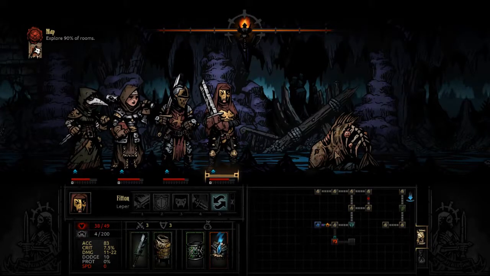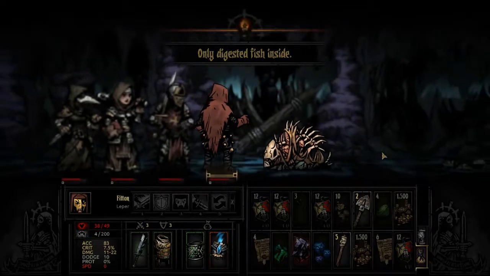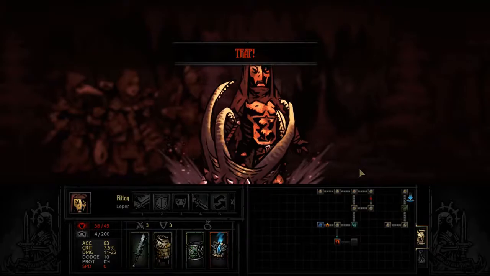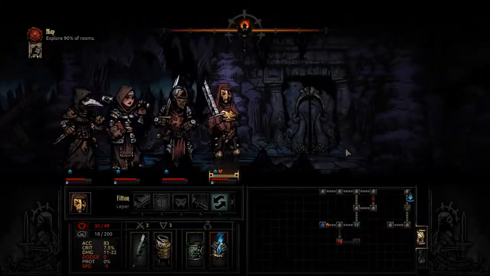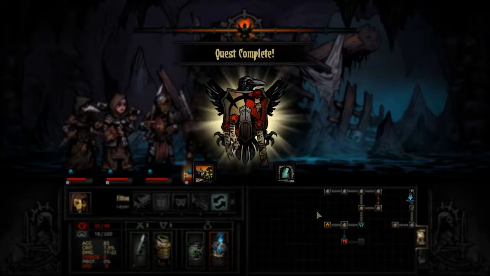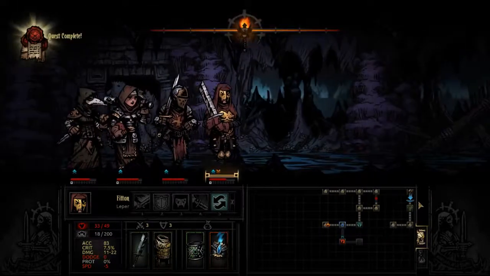Cannot really safely interact with that, but I'm gonna try anyway. Nothing. Alright, fair enough. Trap. Reduced dodge for a couple of rounds. Well, his dodge is abysmal as it is, so... Alright, done. But I may as well continue. I mean, we're doing fine, so...